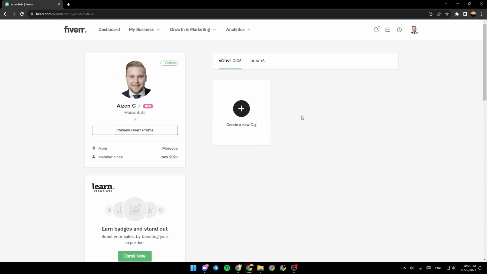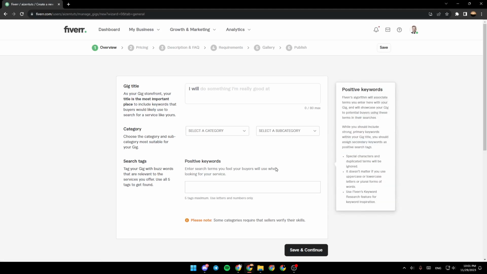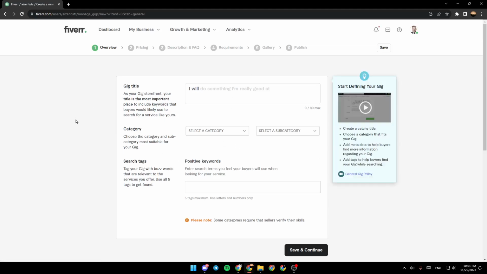So if you want to create a new gig, go ahead and click on create, and then you'll be taken to this page. So as you can see, guys, the steps that you need to follow to create your gig is firstly go to overview, then pricing, then description and frequently asked questions, requirements, gallery, and lastly, you need to